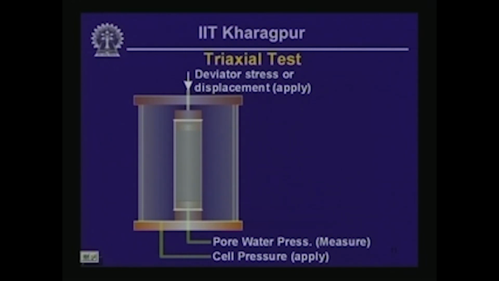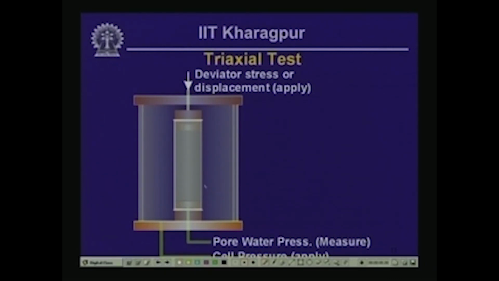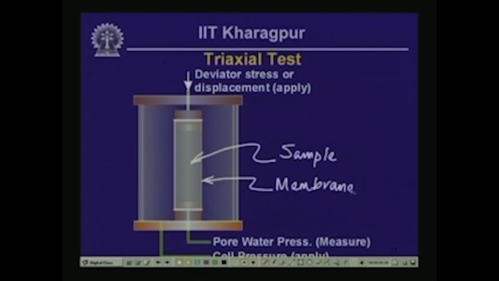So, here we take a cylindrical sample of soil or rock, and in this particular sketch the sample of soil or rock is here, and that sample is wrapped within a watertight membrane, and then we place it in between two pedestals. Those are the pedestals,